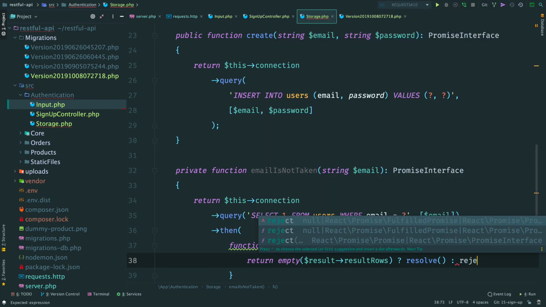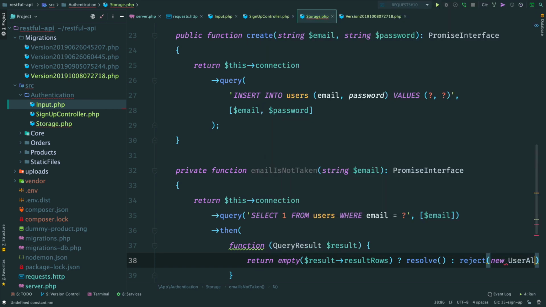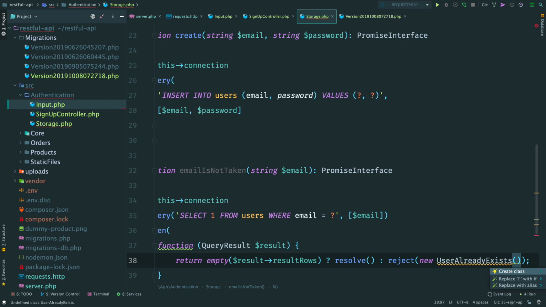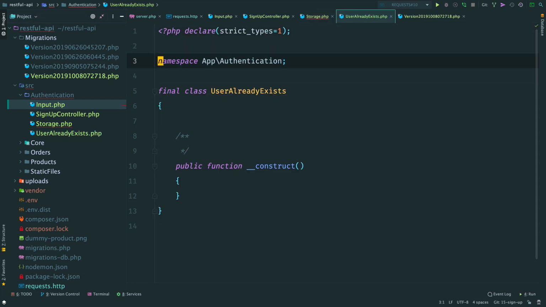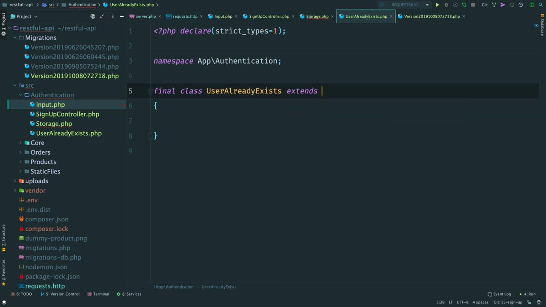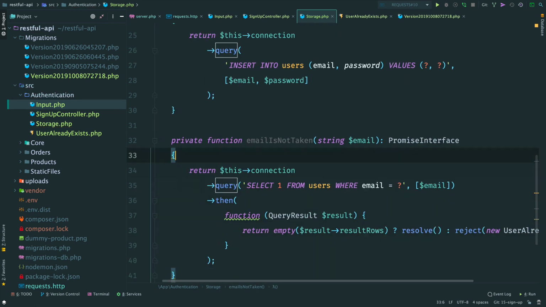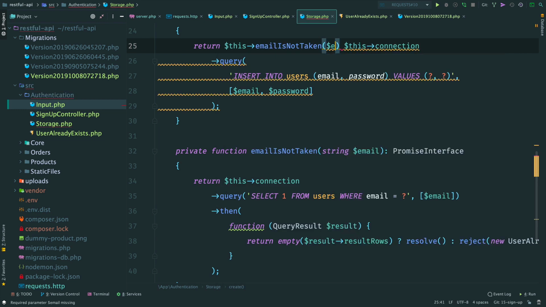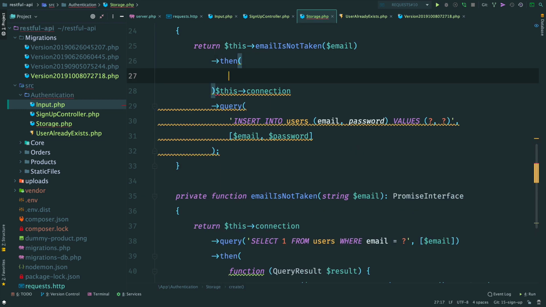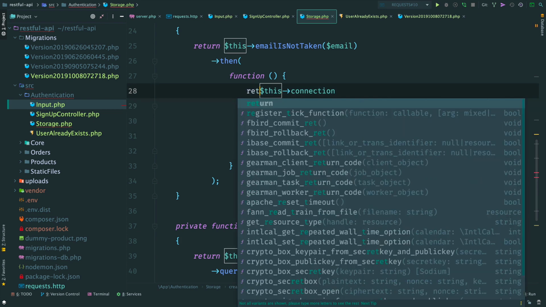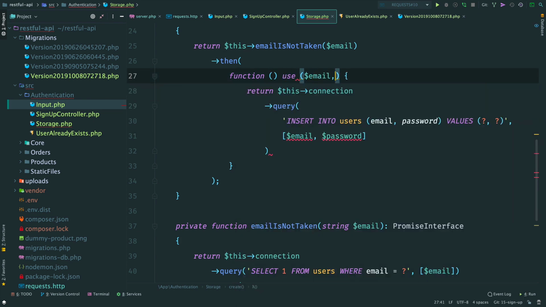Otherwise, we reject it with a UserAlreadyExists exception. Create it right here and extend from RuntimeException. Okay, then in method create, before executing an insert query, we check that a provided email is not taken, and only then we perform a query and create a new user in the database. Add return and inject email with password.